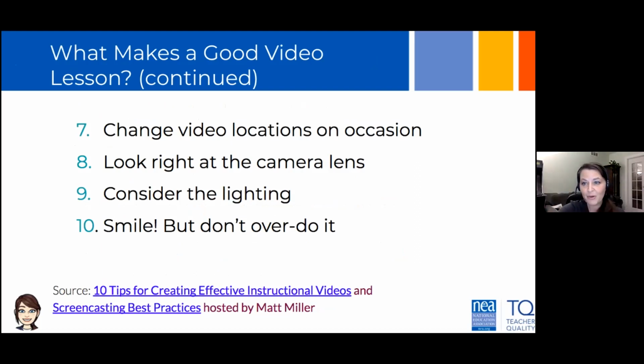When they see me recording a video, they think I'm not talking to them. So looking at the camera lens, this is a silly thing, but I actually have this tiny paper clip. I keep it on my laptop so I remember to look at the camera. Okay, silly thing, but it makes a big difference.